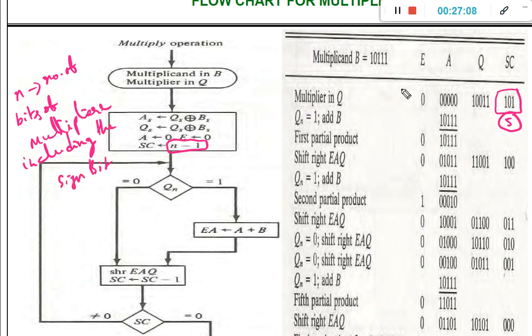The actual number of bits available in Q is 5. However, we have not considered the sign bit, so actually the number of bits is 6. So 6 minus 1 is 5. The initial value of SC will be 5, not 4. Okay, so make that change.